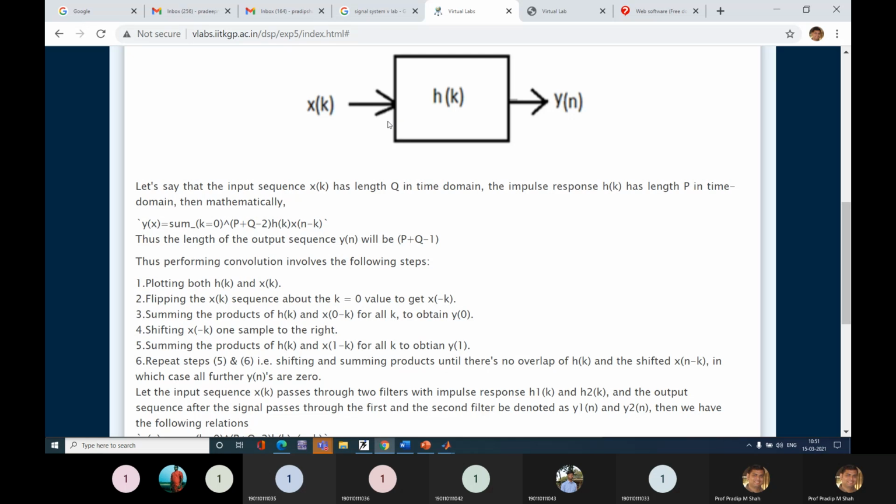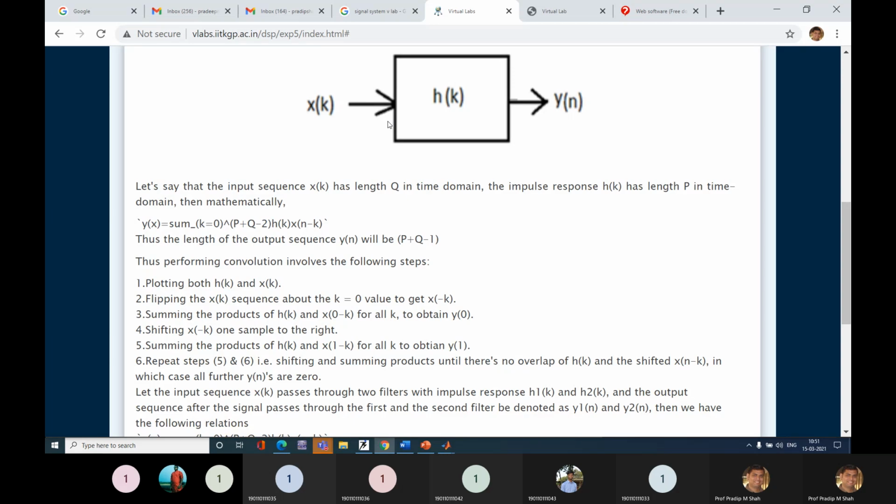How do we define the convolution in mathematical terms? y of n is equal to the sum from minus infinity to infinity of h of k x of n minus k. Okay.